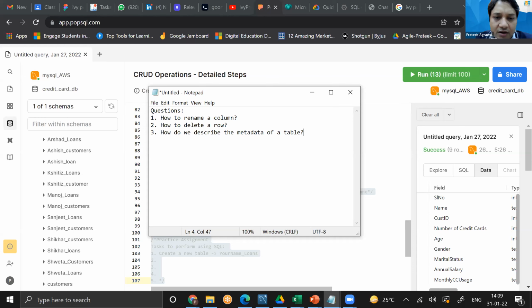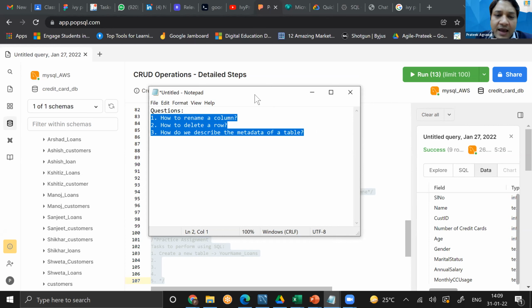How do we rename a column? We will see the command. How do we delete a row? Also, we will see the command. And how do we describe? Also, we will see the command. And we can add on how to rename